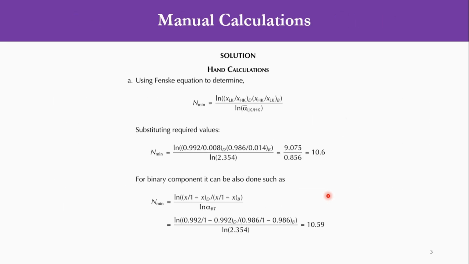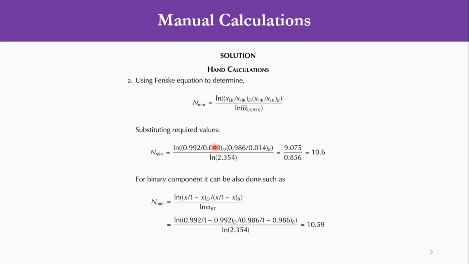So the first part is the manual calculations, or hand calculations, and in shortcut systems we have studied the famous Fenske, Underwood, Gilliland equations. Fenske is used to compute the minimum number of stages, the formula of which is natural log of x of L key, and in this system the light key is benzene, so the mole fraction of benzene in distillate divided by the mole fraction of heavy key, which is toluene, in distillate. So the value of light key in the top product is 0.992, while that of the heavy key is 0.008 in distillate,